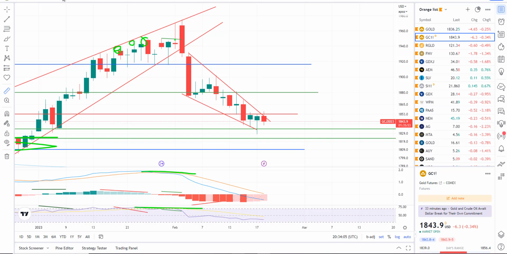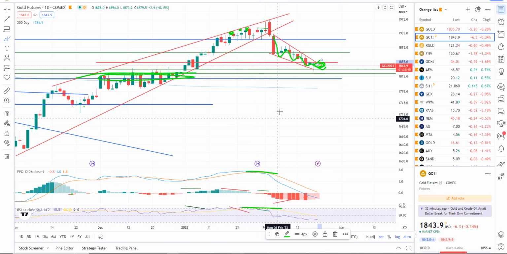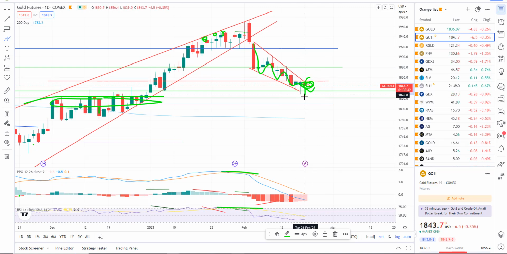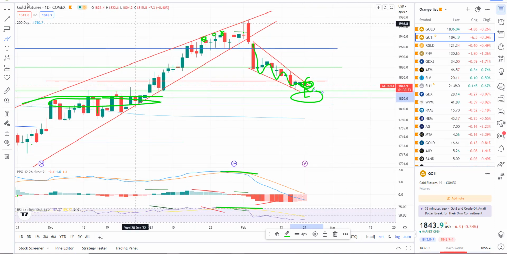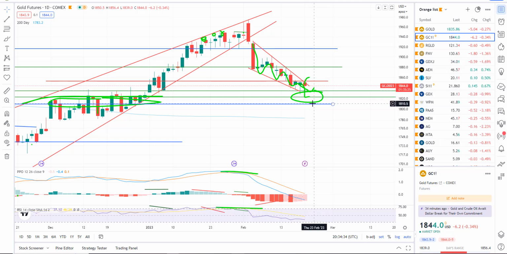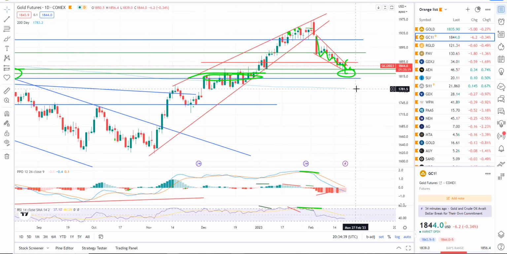Gold, here's gold futures. You can see here on the daily chart of the gold futures, we have a bullish falling wedge. Still within that wedge, so no buy signal or breakout on gold, or at least the gold futures. So maybe a little more downside. I could see maybe one more final move down to about this 1823 area. Pretty good support down there, and I've marked it out as a zone of support, from what I can tell anywhere from about 1835 down to 1810 or so. I don't think we go much below that, but maybe we run down and hit the 200. It's possible. Kind of a zone of support, though. So that's really what I see on gold.